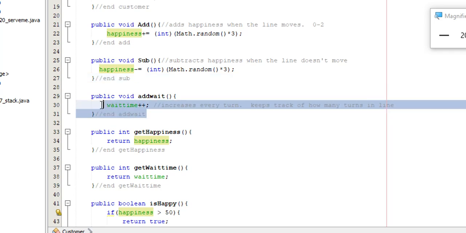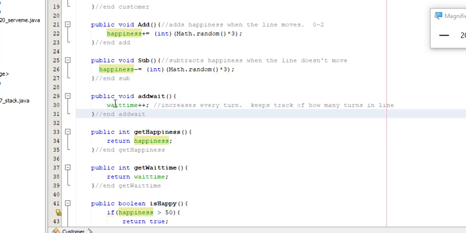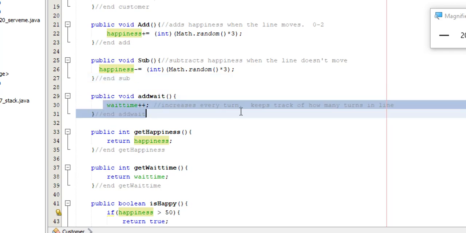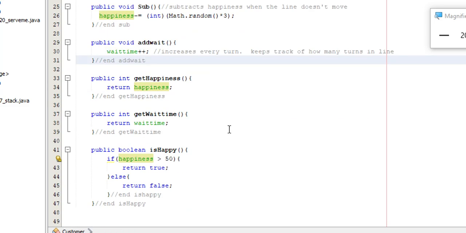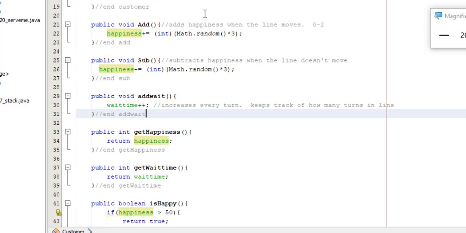Now, add wait. This method basically increases every turn. It keeps track of how many turns this person's been in line, so the server knows how long this person's going to basically take to finish. And the wait time is how long that person has waited in line. So if the server says it's going to take 3 turns, and a turn for what we're going to be